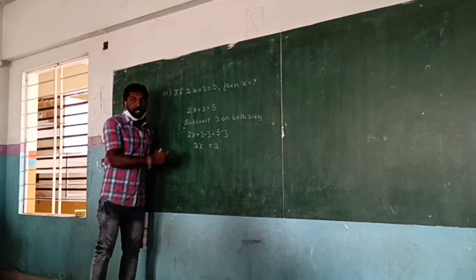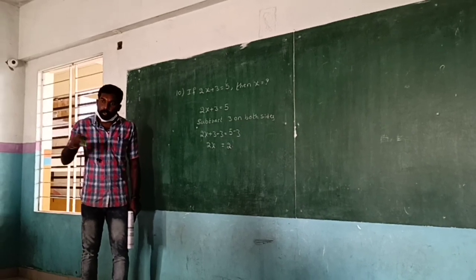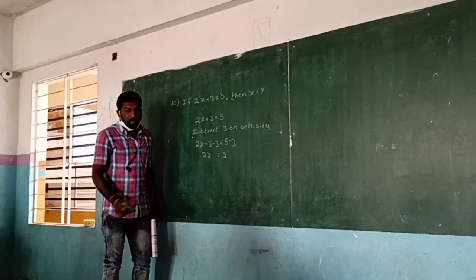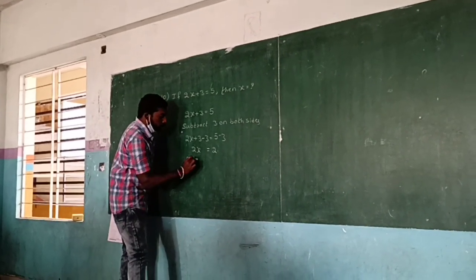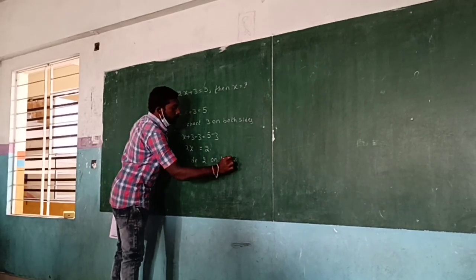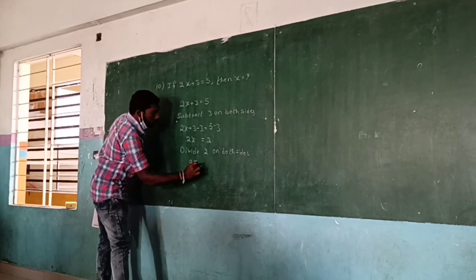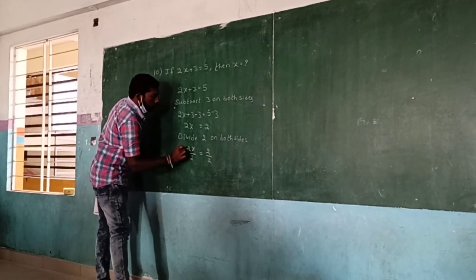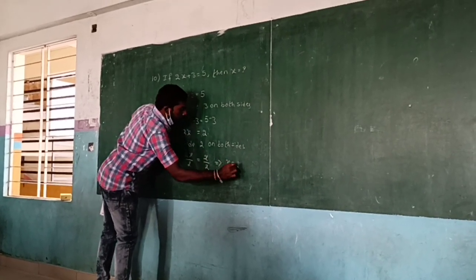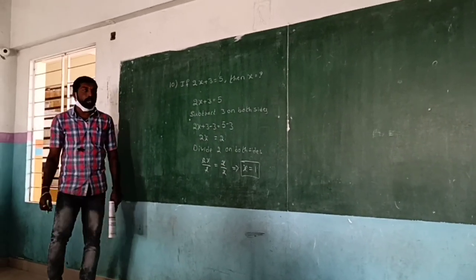So x పక్కనే కొడేది ఉంది ఇక్కడ. ఏంటది? 2. 2x అంటే ఏంటన్నా? 2 into x. సో ఈ 2 క్యాన్సిల్ అయిపోవాలంటే ఏం చేయాలి మనం? డివిజన్ చేయాలి. సో divide 2 on both sides. So 2x by 2 is equal to 2 by 2. 2 cancel and 2 get cancelled. So that implies x is equal to 1. Note down.